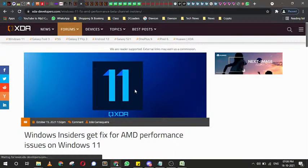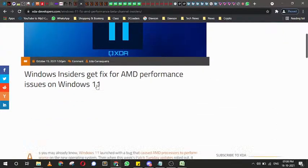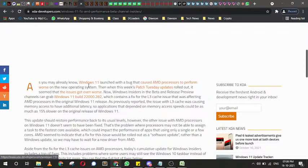Next is by XDA Developers: Windows Insiders get a fix for AMD's performance issue on Windows 11. As you might know, Windows 11 launched with a bug that caused AMD processors to perform worse on the new operating system. This week's Patch Tuesday update rolled out, and it seemed the issue got fixed. Now Windows Insiders in the Beta and Release Preview channels can grab the Windows 11 build